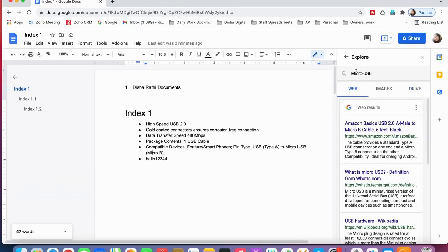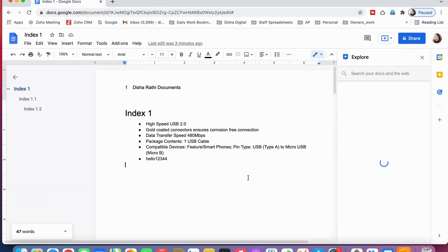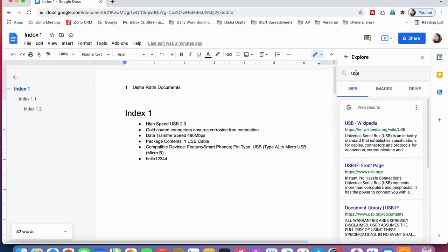I hope you will like this feature of Google Drive itself. I personally like this. If you want to write any content, or you are writing any article, or simply copy and paste that article and you want to study what words and things are there, then simply copy that document and click on Explore. All the terms you have written there, it will explore here.